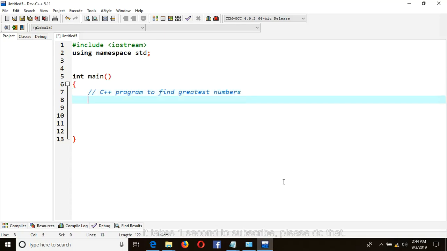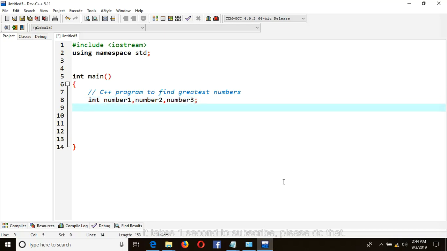Among three numbers. So here, underneath, declare your variables to hold those three numbers: int number1, number2, number3. So those are our variables for holding those three numbers, which will be entered